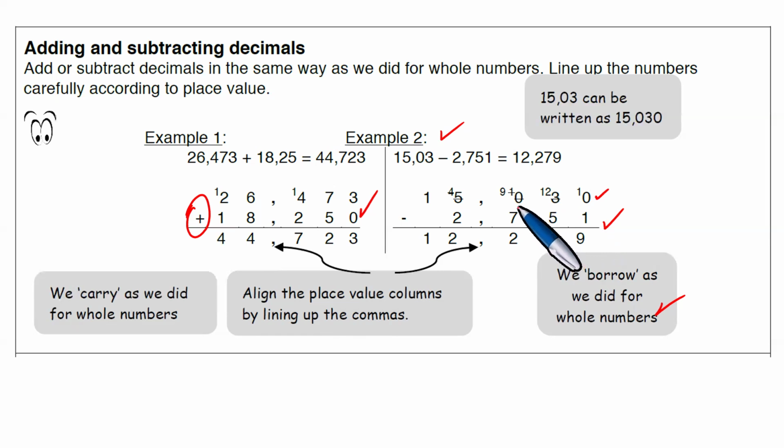And when you borrow from this place, you'd be like, how do you borrow from 0? So obviously now you need to realize, hang on. You can borrow from there a unit. You bring it across. So if you borrow a unit here, you're left with 4. And here you have